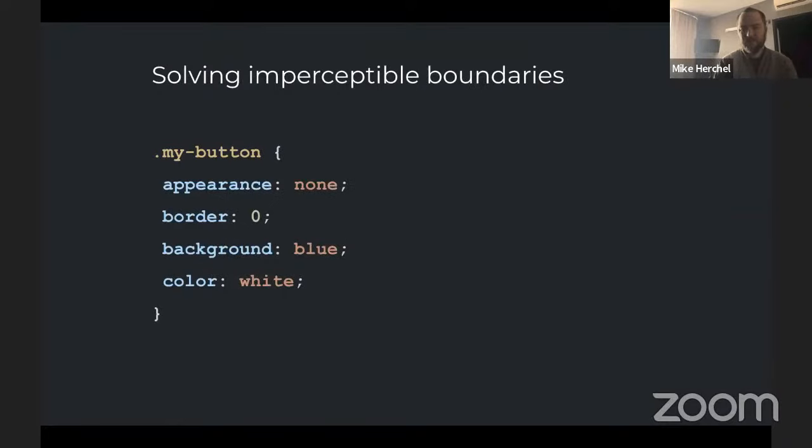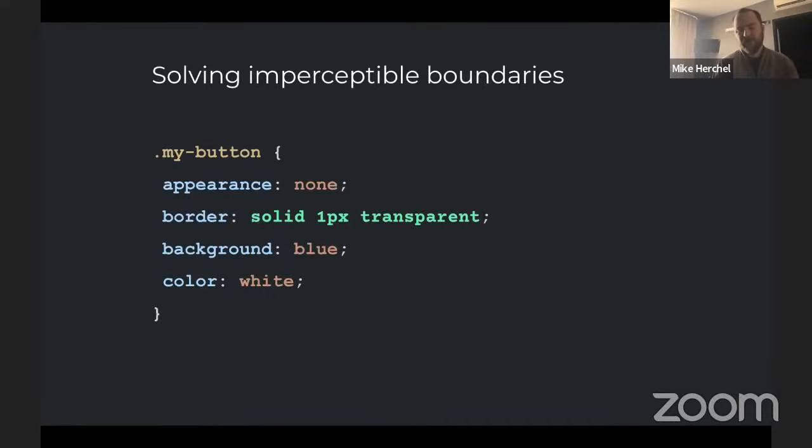Imperceptible boundaries is something that I went over a little bit earlier. A lot of people will style their buttons with something like this. You can see there, appearance: none will remove the default appearance of a button. You remove the border because you don't want a border on a button, and then you just set the background to blue, and that will make a nice pretty button. But of course, that background doesn't become apparent in forced colors mode.